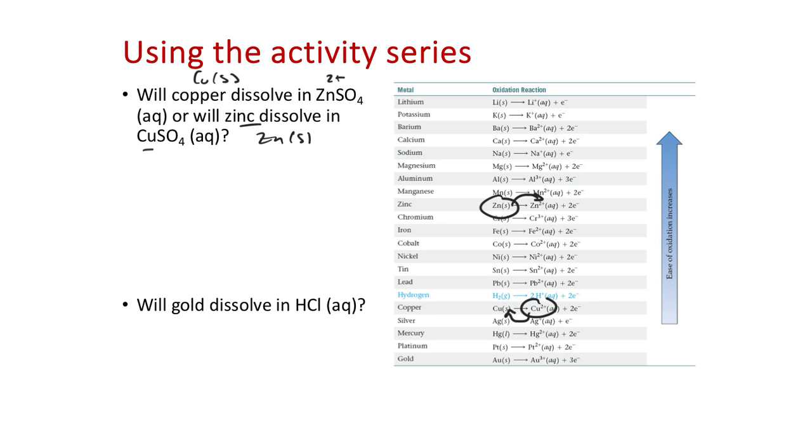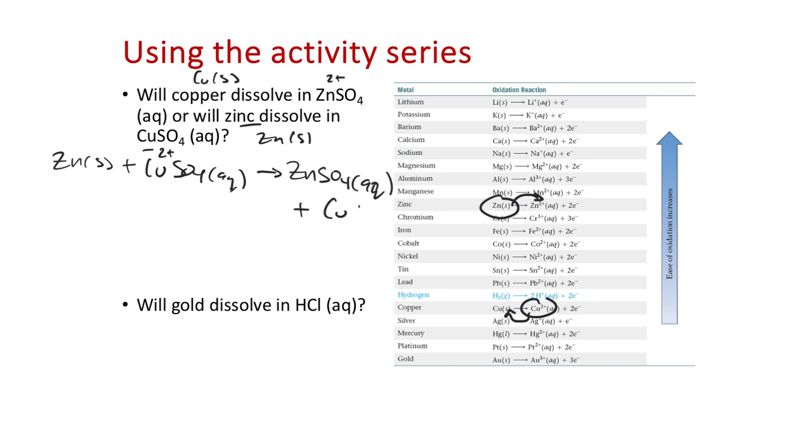So if I take zinc solid plus copper sulfate, CuSO4 aqueous, which is a water-soluble ionic compound, this should form zinc sulfate, aqueous, a water-soluble sulfate, not one of the 4 exceptions that are insoluble for the sulfate ion, and then we form